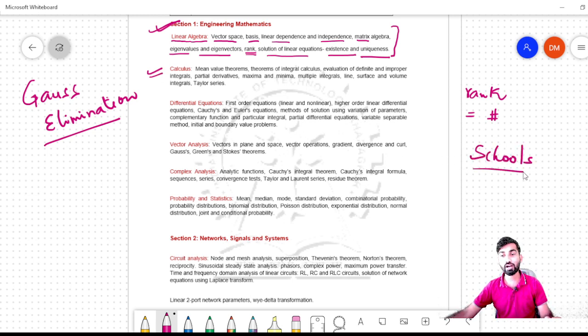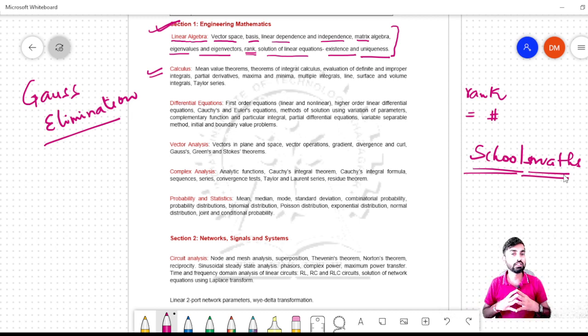So what comes in school math? What kind of topics come in school math? What have you covered in 11th and 12th? See, if we talk about the mean value theorem, if you look at the formal definition of the mean value theorem, or the Cauchy mean value theorem, the Lagrange mean value theorem, you will find many extended versions of Rolle's theorem we will talk about. You will see a statement like: the function is continuous in that interval, differentiable in that interval, right? In the closed interval, in the open interval, right?